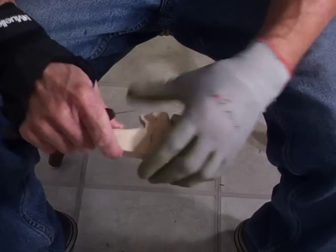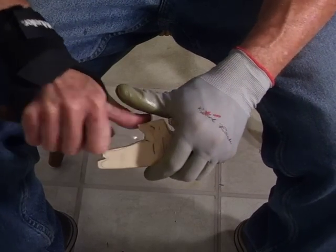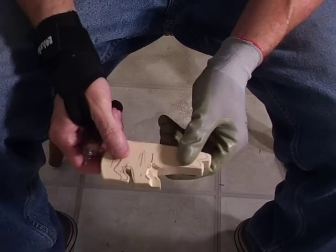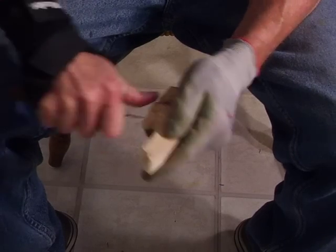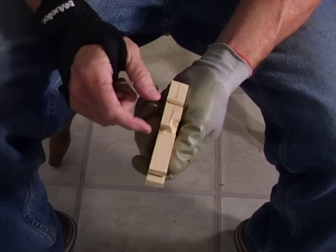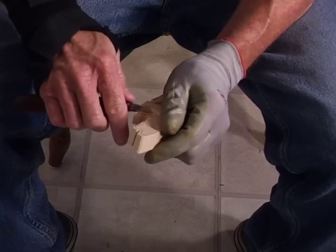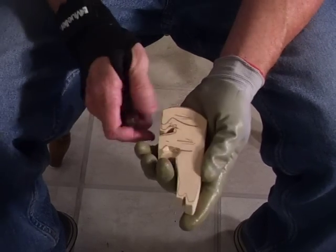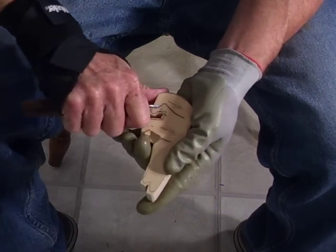Take your knife. You take that, see that? See how that's doing? And you see back here, you're about halfway with this leg. See that? You're about halfway down. Now we're going to do the same thing with this side. You follow the line down,